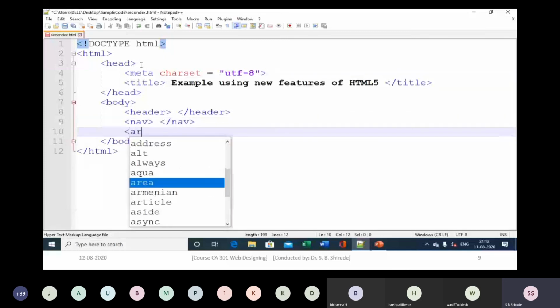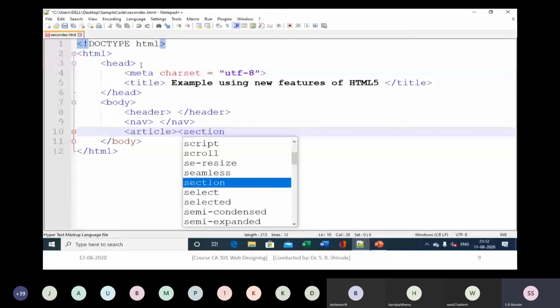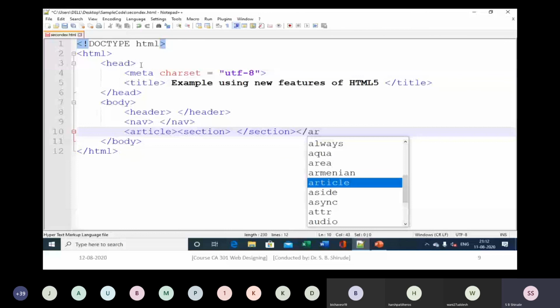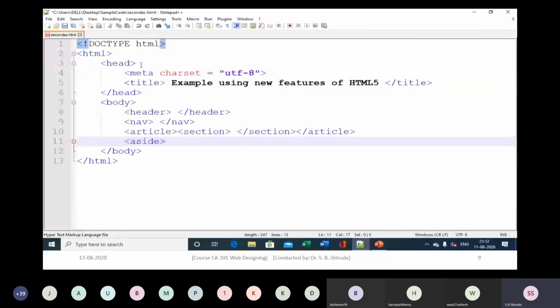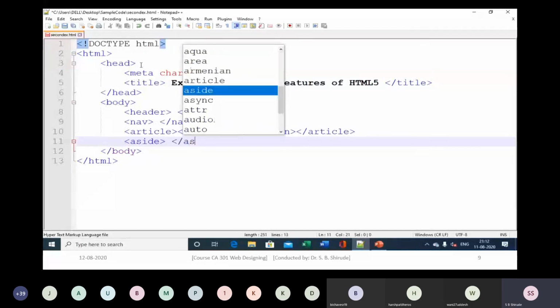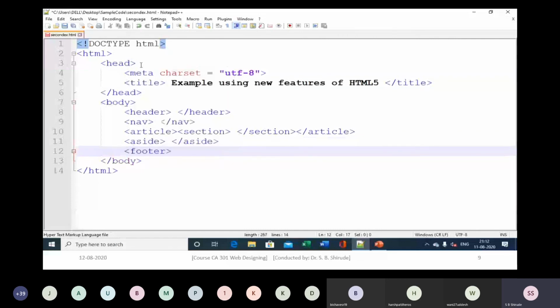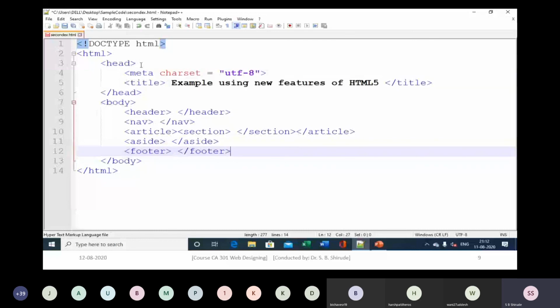Then we have an article element, and in the article just add one section, then close the article element. Then we'll make use of the aside element to put slightly related text in the web page. Then we'll add a footer and close the footer. So this is just the empty template in the body section that we have created.